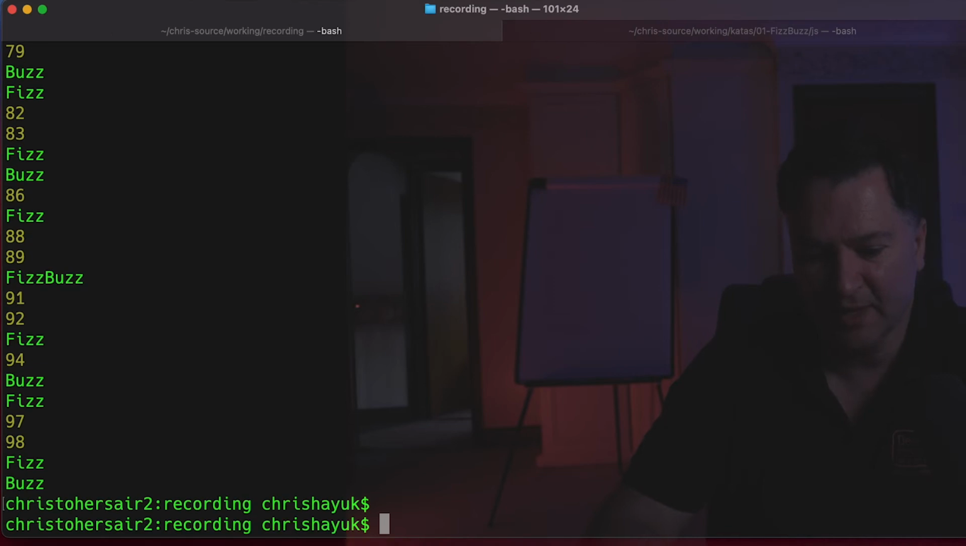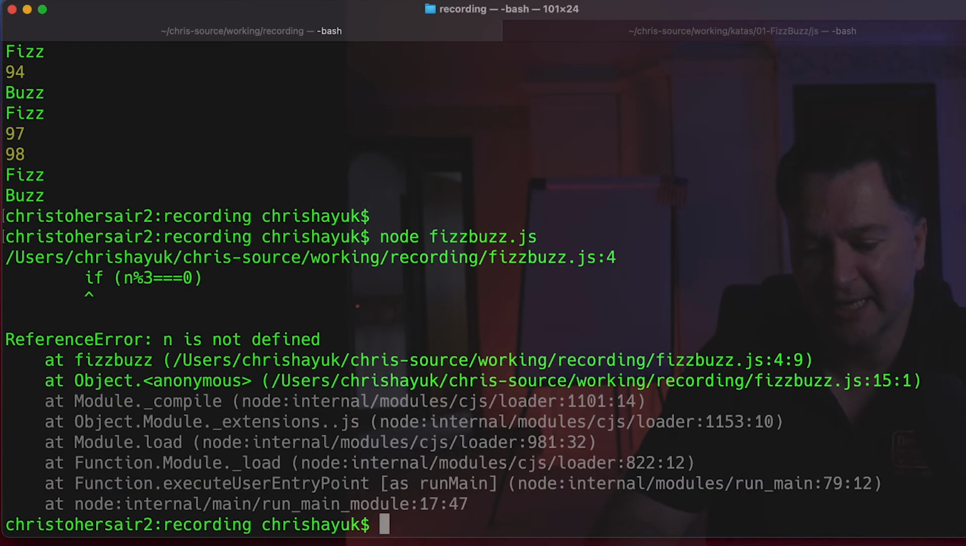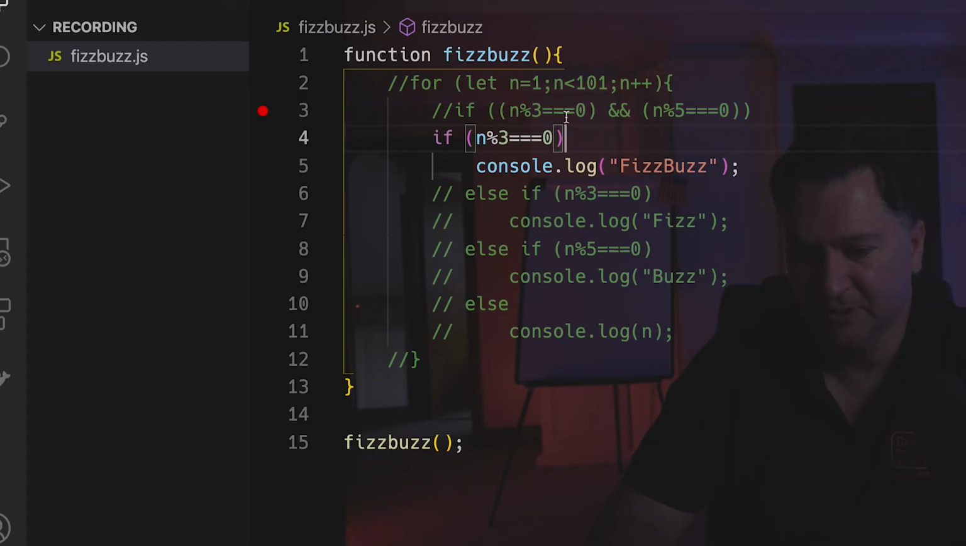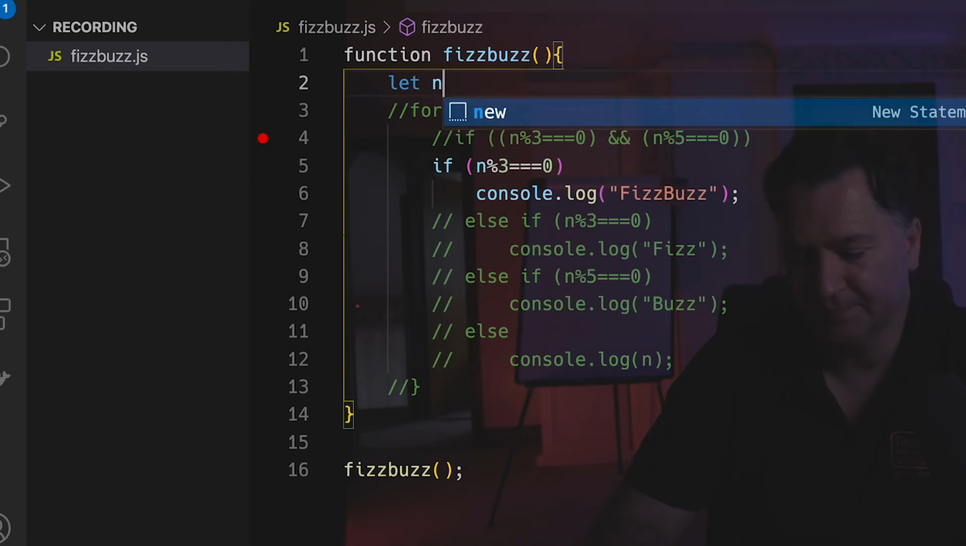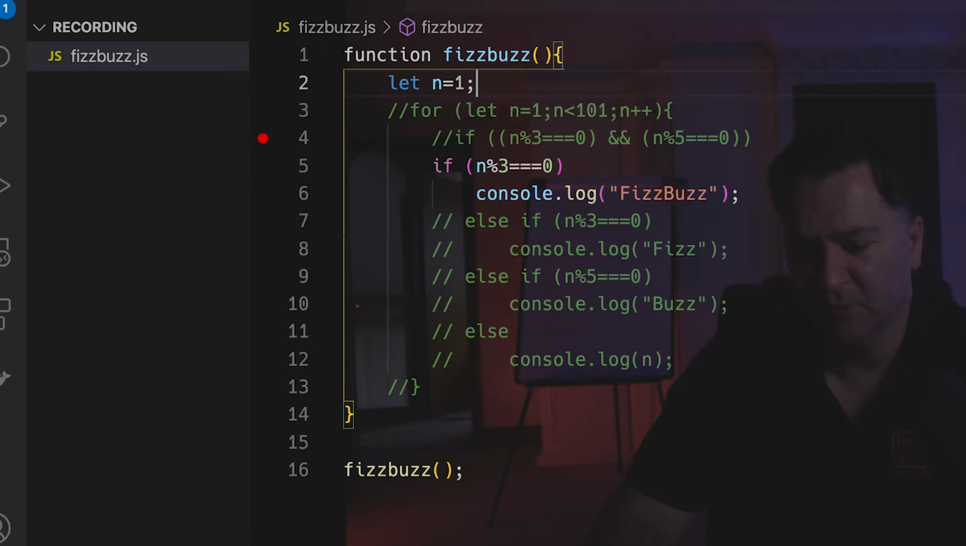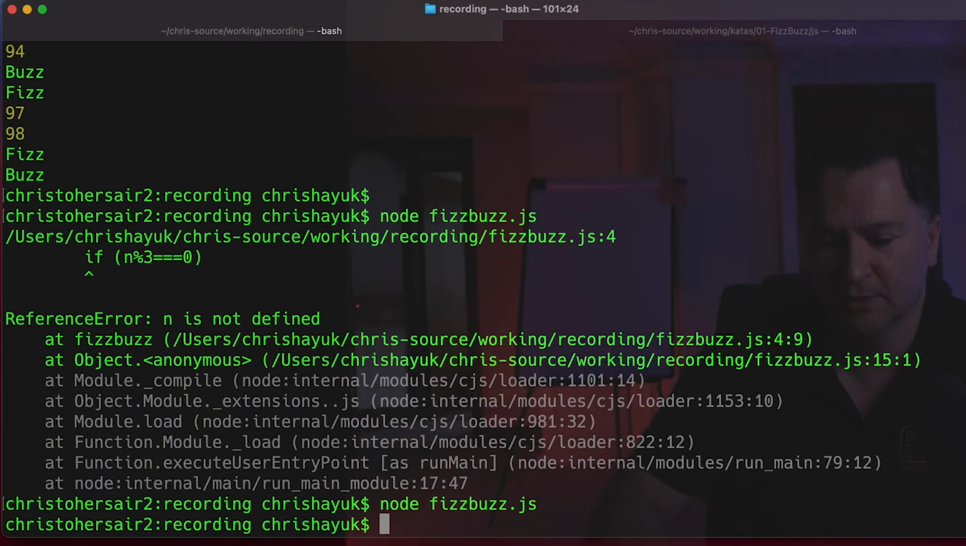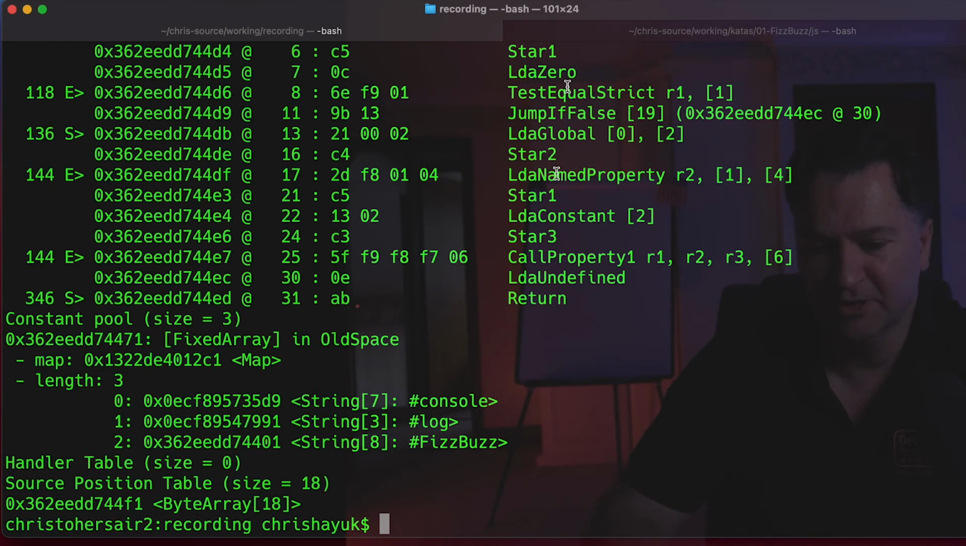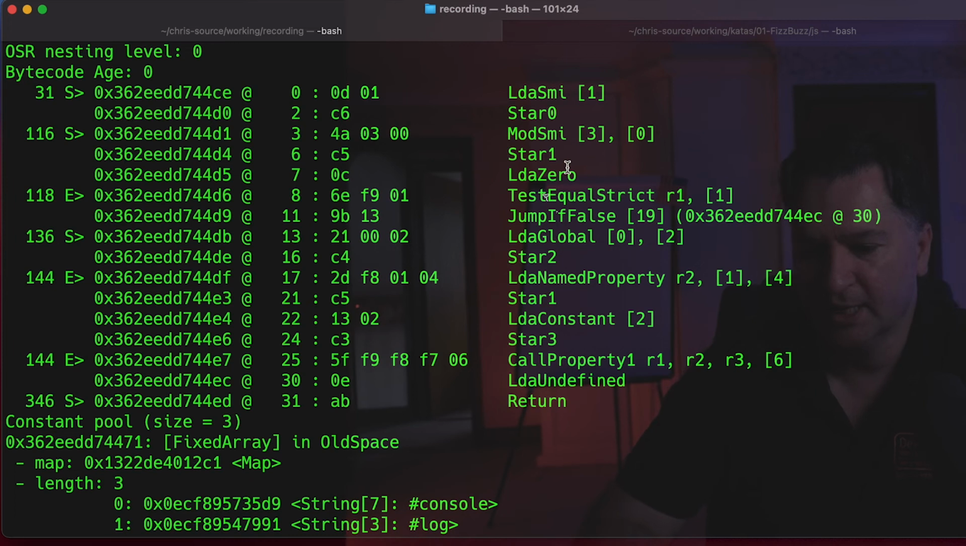If I come back into my code, let's do node FizzBuzz.js again. N is not defined, and that's because I got rid of my code. So I'll put my for loop back, and I'll put n equals 1. Let's do node, and then we will bring up the bytecode. So if we look at the bytecode underneath that,